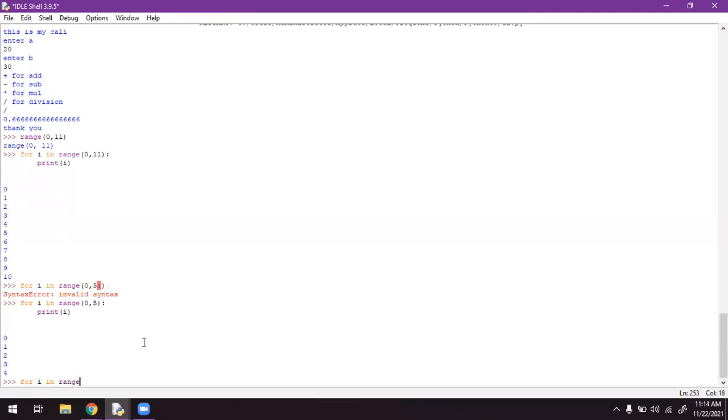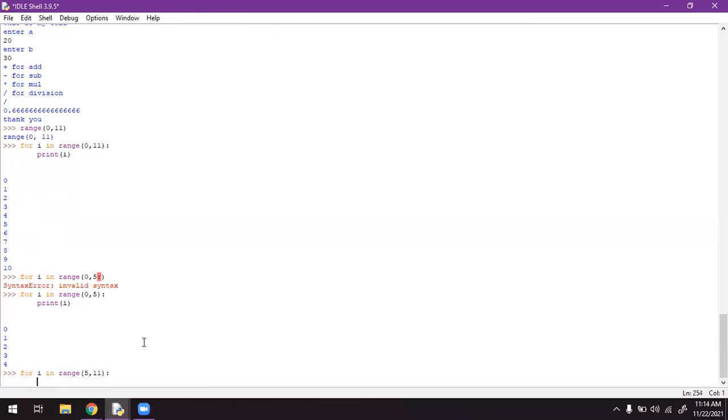For i in range of 5 to 11, print the value of i. So what happens while I execute? If I execute this program, i has the initial value 5. The count will start from 5 to 10 only.